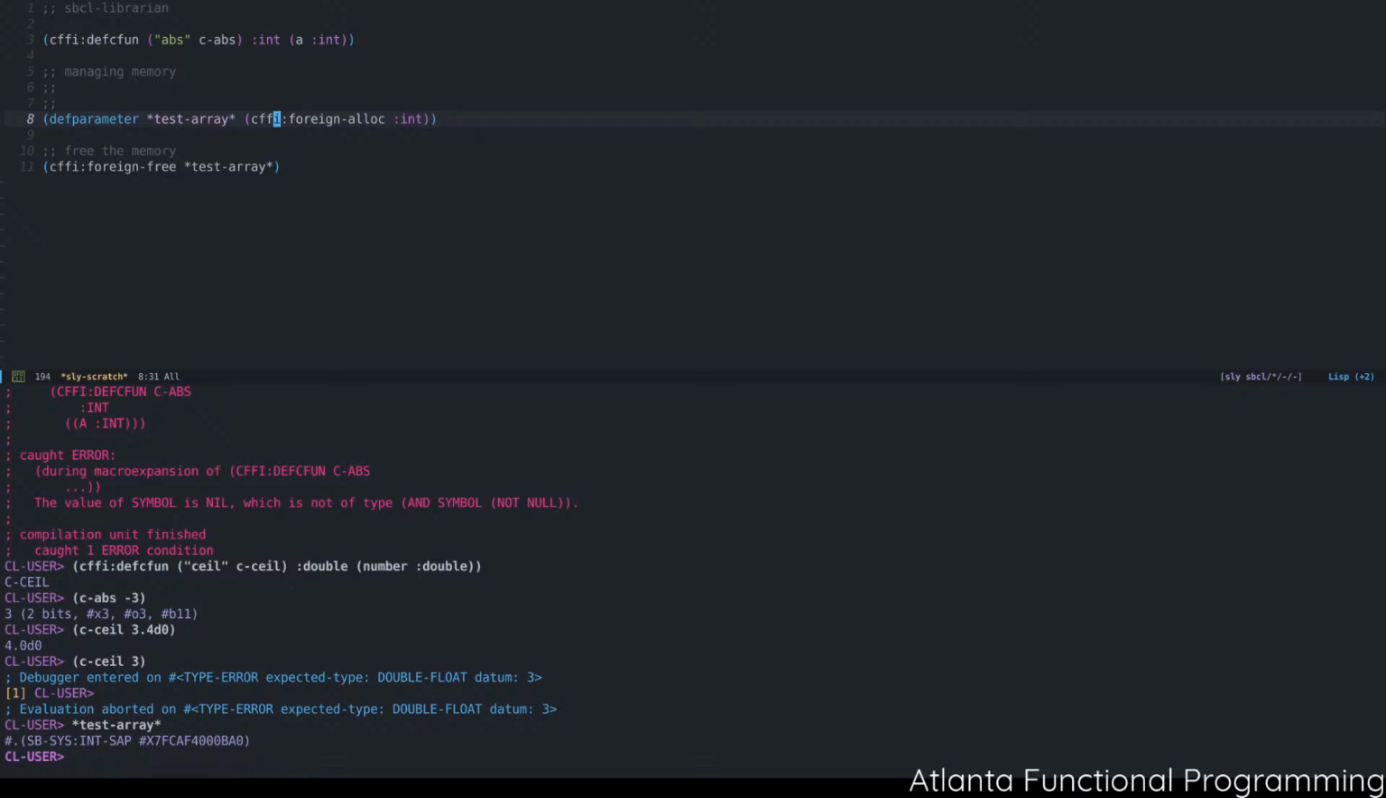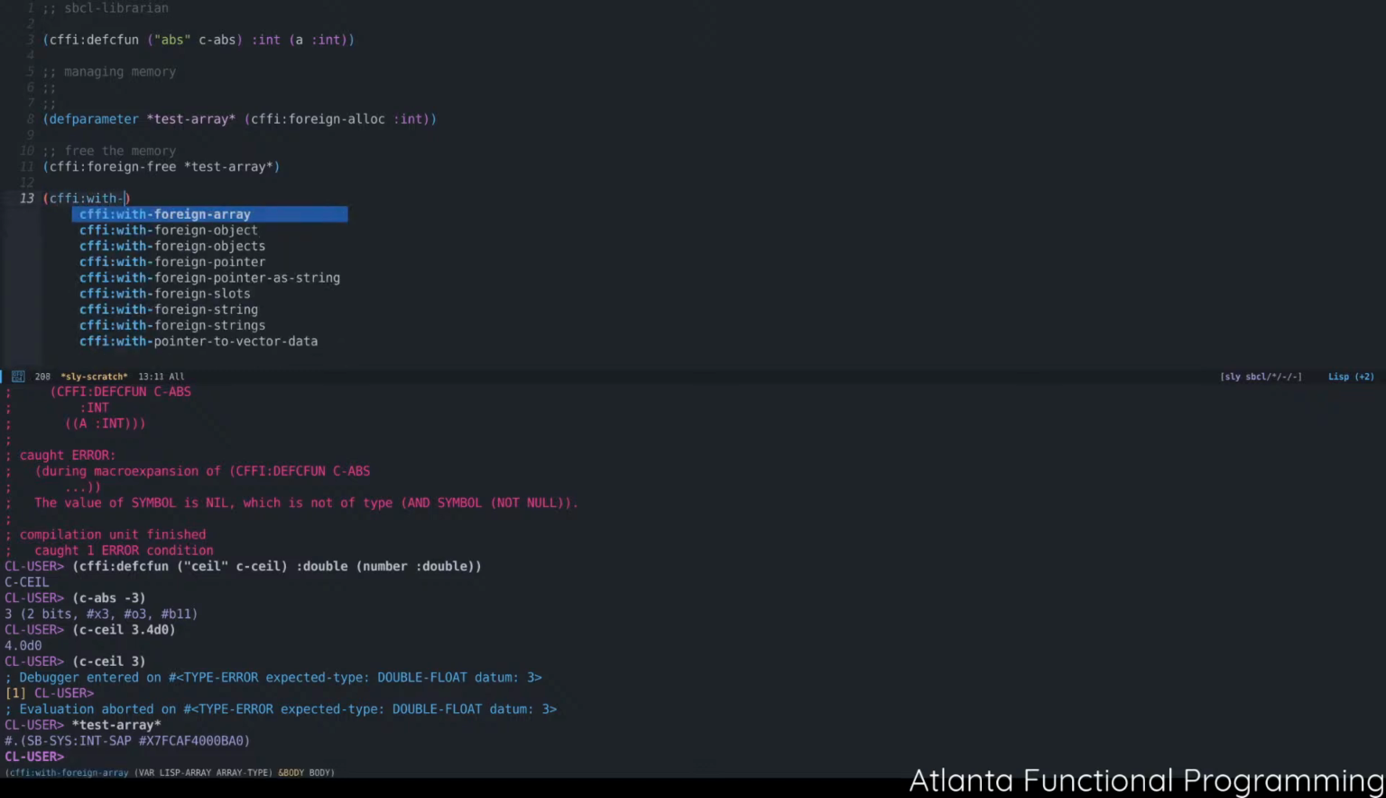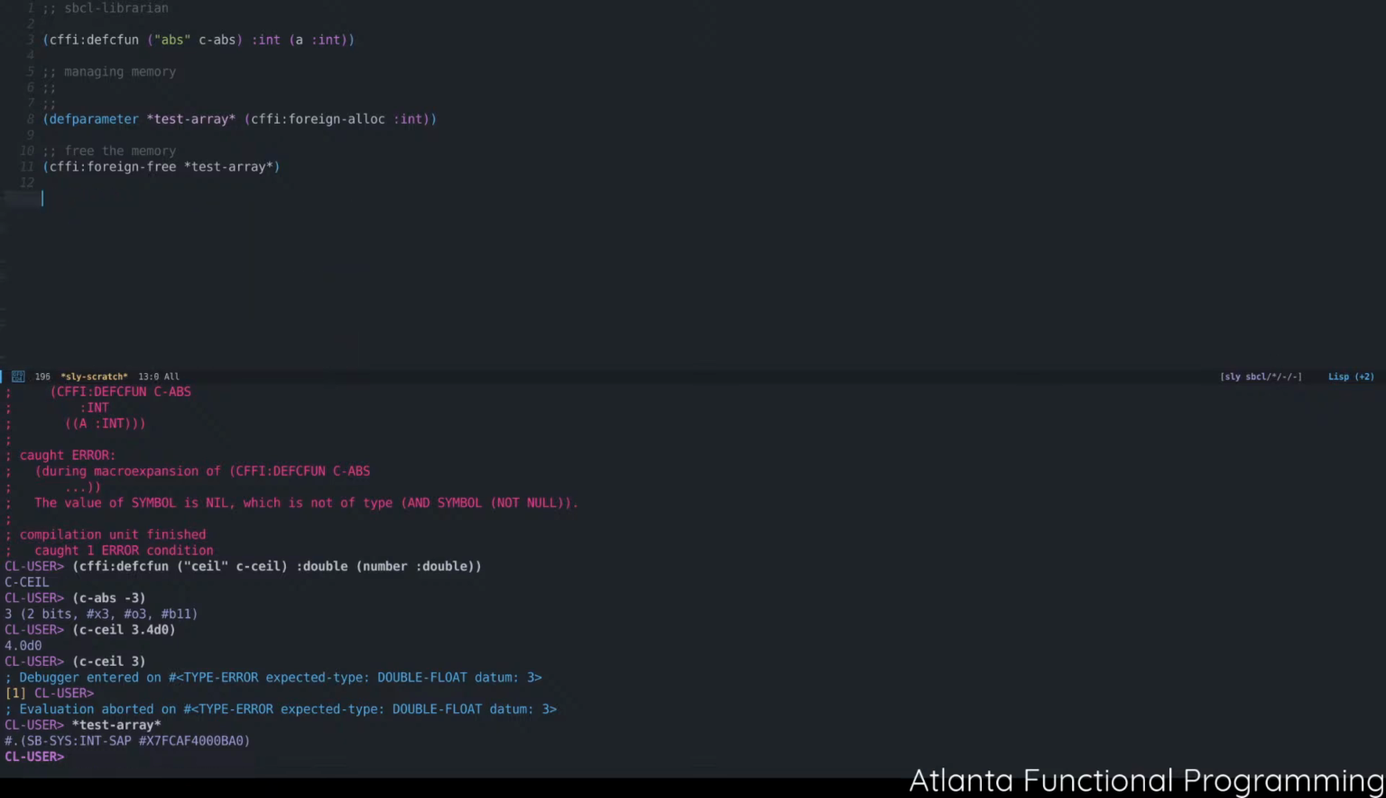Now, just for completeness' sake, CFFI's with-foreign-array is available to you. There's a bunch of them, up to foreign strings and pointer-to-vector-data. Depending upon the library that you're using, you can use these functions to give you nice unwind-protect guards on what you are trying to do. That's kind of what we're going to do here today. We're going to go ahead and put this